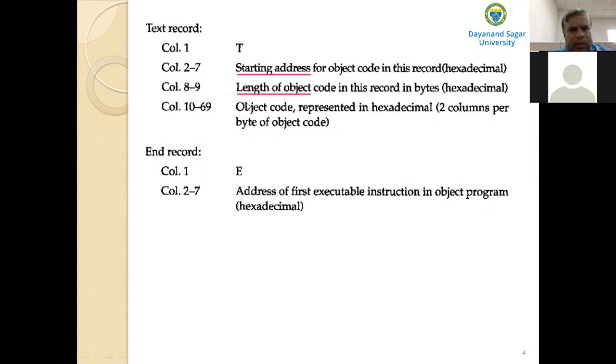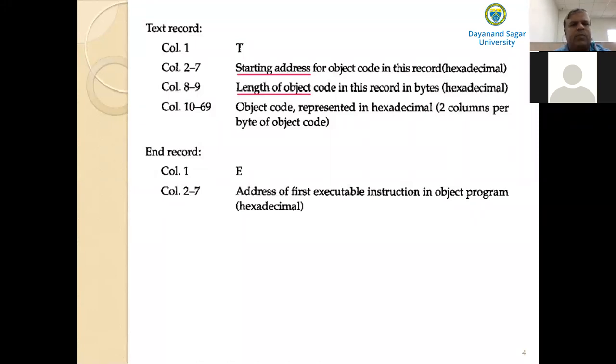The object code that is written in one single text record is limited. We can write object code from column 10 to 69 only. So if it exceeds that, the text record continues on a new line.